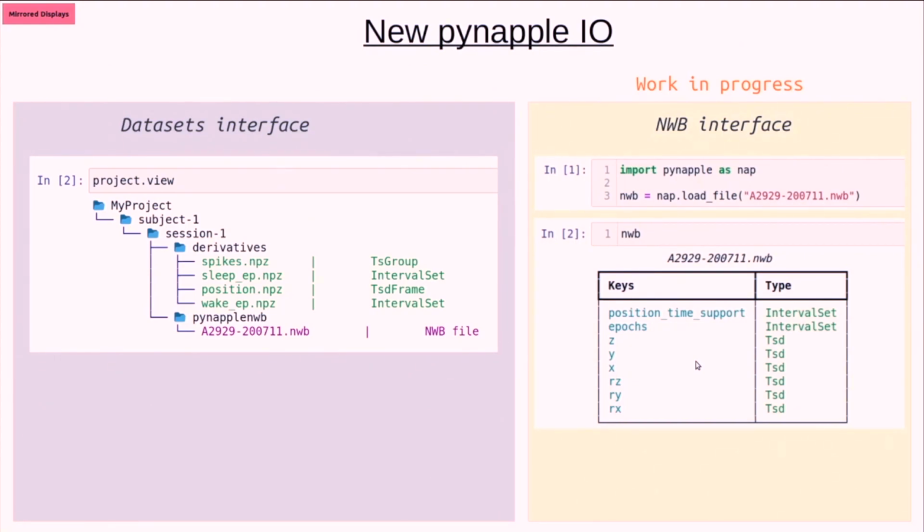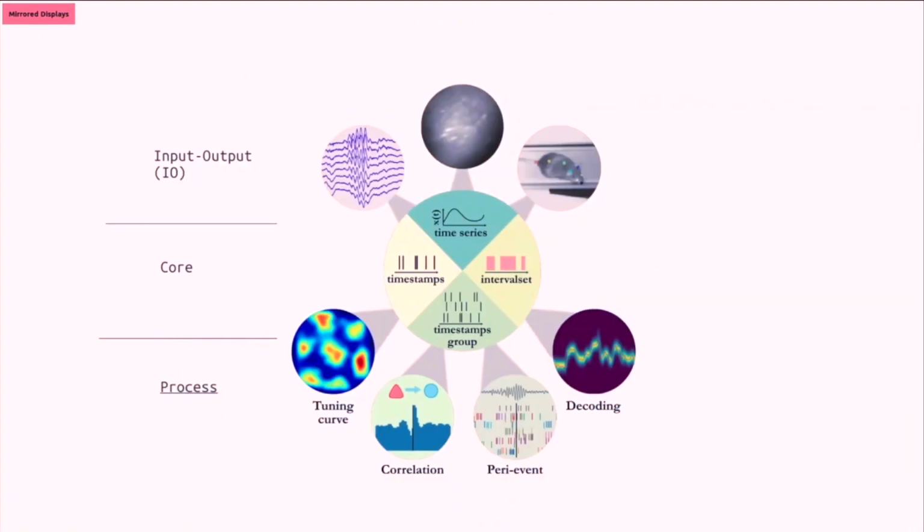Okay, so here, for example, I know because I created it, I have all those time series on those two epochs, and if I just do this, it gives me right away my Pynapple object, and then I can start my analysis. That's what I aim to have in Pynapple as an NWB interface. Okay, we can discuss if it's not a good approach, but I think for the user it's going to be very easy. And I think that's it for the I/O, and I will move to the last part of Pynapple,